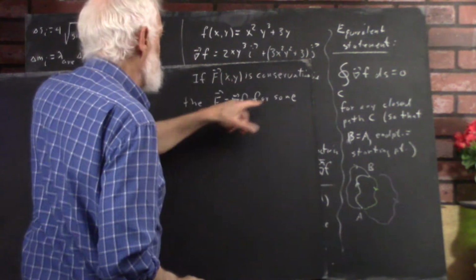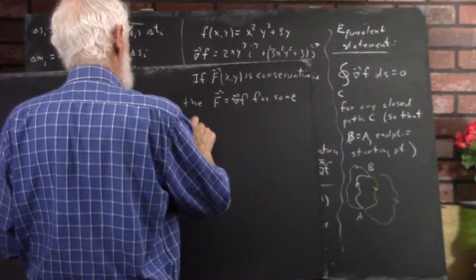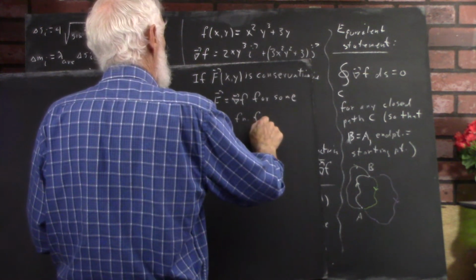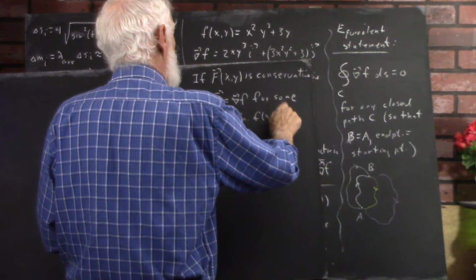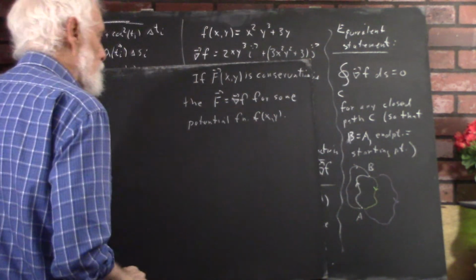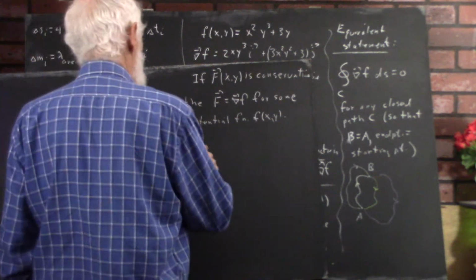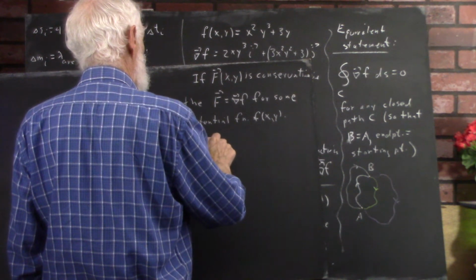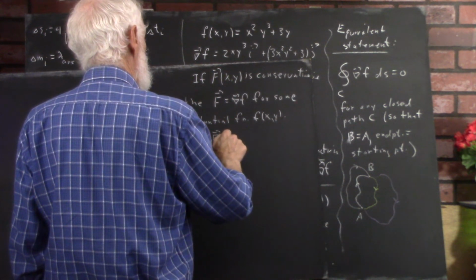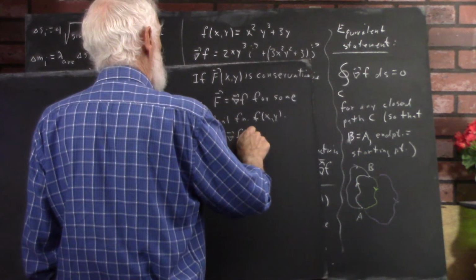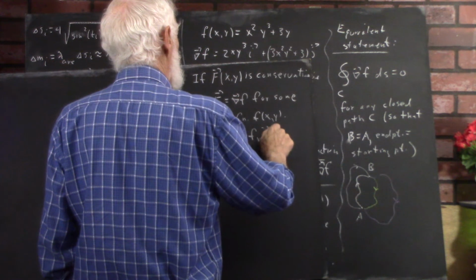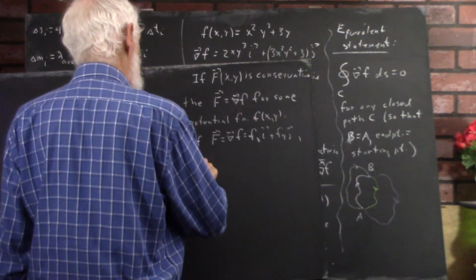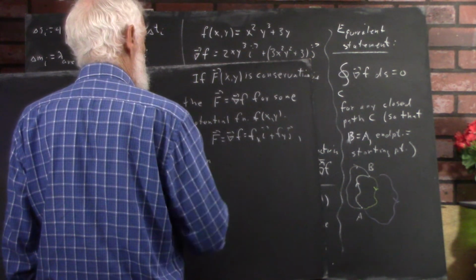Okay, if F of x, y is conservative, then F equals del f for some potential function f of x, y. Okay? If F equals del f, which is f_x i plus f_y j, then